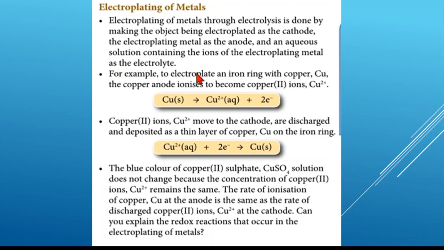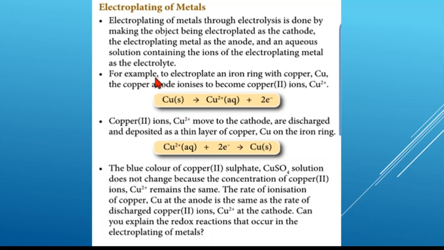Okay, di sini kita mau lapis itu iron ring dengan copper. So, iron ring itu kita letak di cathode. Copper itu kita letak di anode. Dan kita punya electrolyte nanti mesti mengandungi ion yang sama dengan copper. Mesti mengandungi copper lah. Iaitu copper II ions. Okay? So,